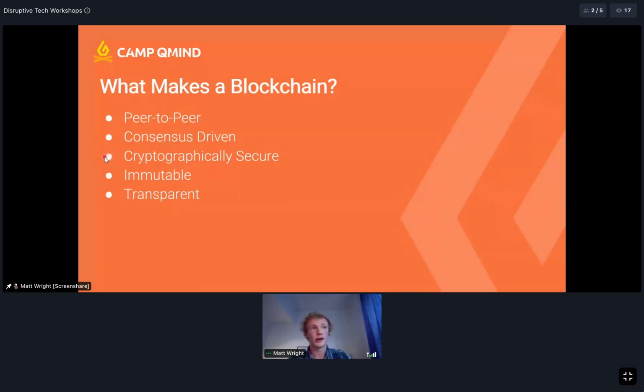And cryptography arises a lot in a blockchain, in a couple different ways. It makes it secure, transparent and private by having all participants have a digital signature, which is recorded with all the transactions. It uniquely identifies them, but it does so cryptographically and privately. And the blockchain's immutable. That's a big one: you can't edit or delete things on the blockchain without there being a record of it. And finally, they're transparent. So data is generally open and participants have access to all the transactions that they were a part of.